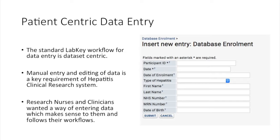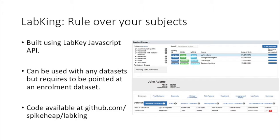So I'm here just to demonstrate what the standard LabKey interface for entering data looks like. One of our editors developed a module which he decided to name LabKing, with the tagline "Rule over your subjects," as it's a participant-specific thing. So it was built using the